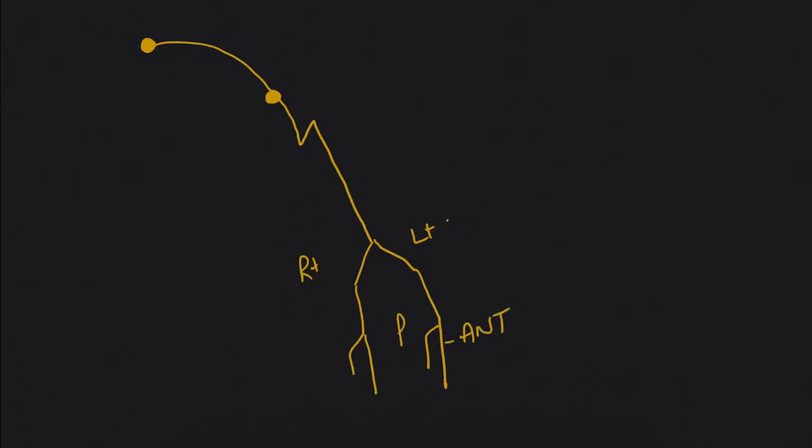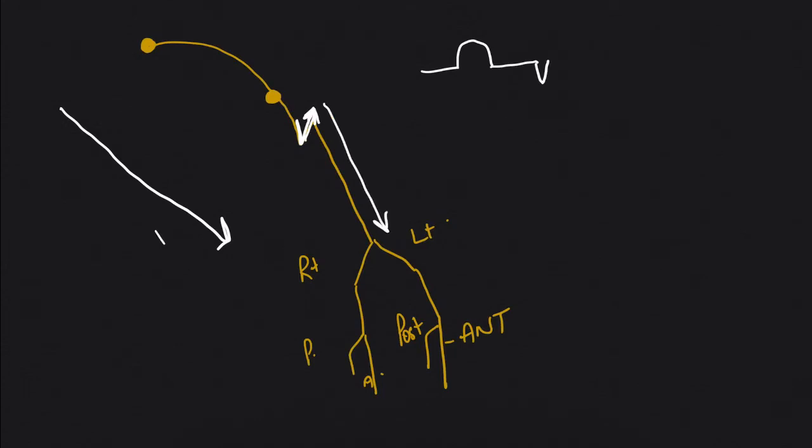So when the impulse originates from SA node, it moves to AV node after depolarizing the atria, then it reaches the bundle of His, from where now it will depolarize the ventricles. Okay, I've drawn this bundle of His. It divides into two, left and right, and further into anterior and posterior. Now let's look how the impulse travels. The impulse from AV node travels to bundle of His, initially moving upwards and backwards, which is opposite to the direction of lead 2, hence causing a negative deflection, which is the Q wave.